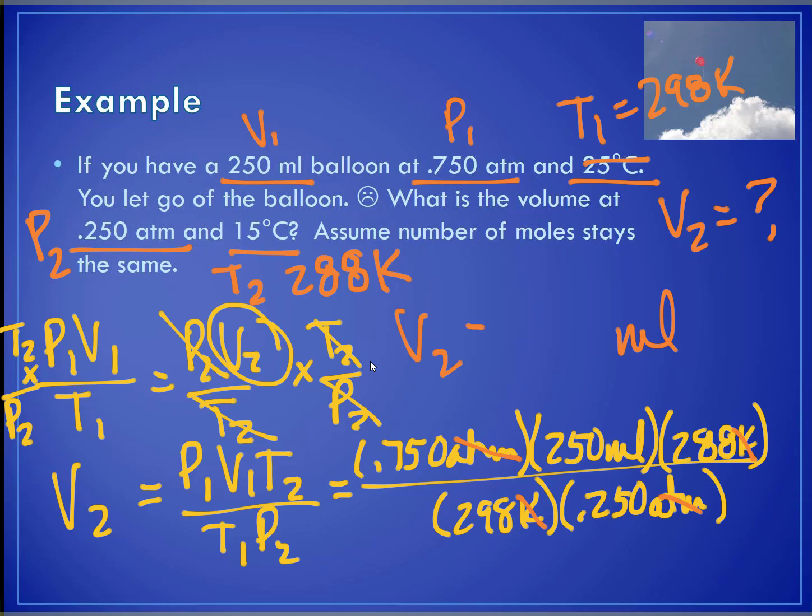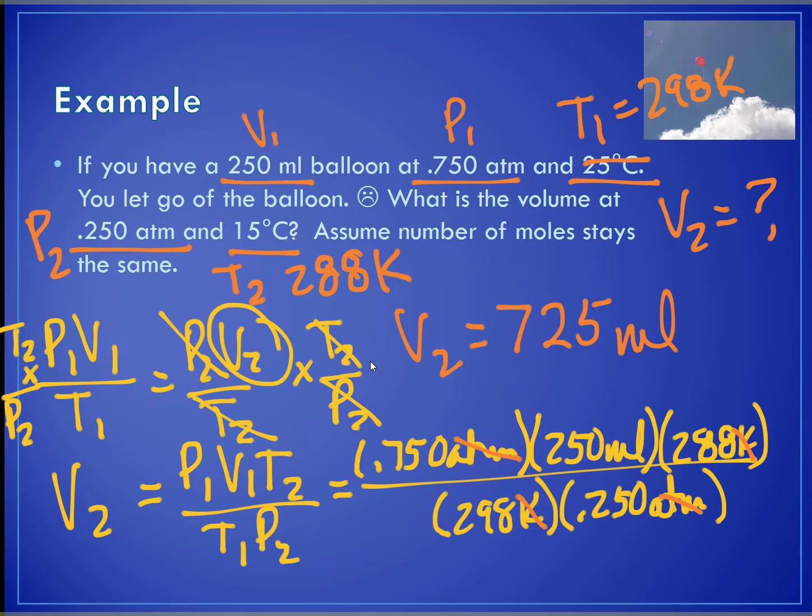So my unit is going to be in milliliters. This is my V2. When you're looking at these numbers, we're going to multiply all those numbers across the top and then press enter. And then the numbers in the denominator, make sure you press the divided sign first. So I'll press divided by 298 and then divided by 0.25. So don't times by 0.25. It's in the denominator and you'll get the wrong answer if you put in your calculator wrong. And so for my answer, I get